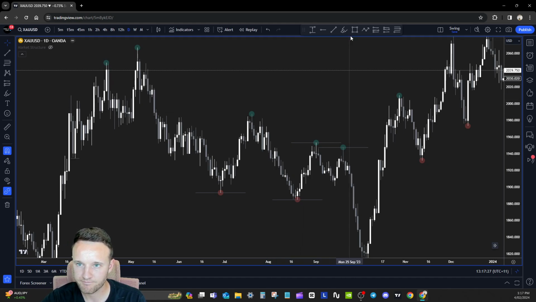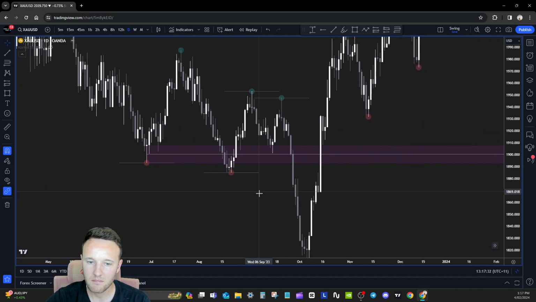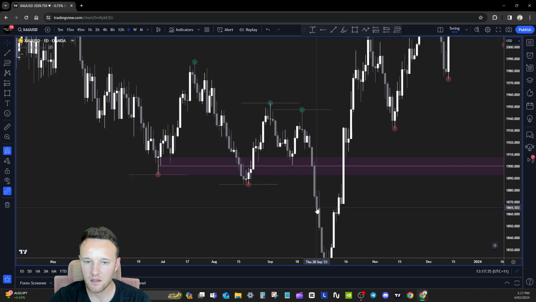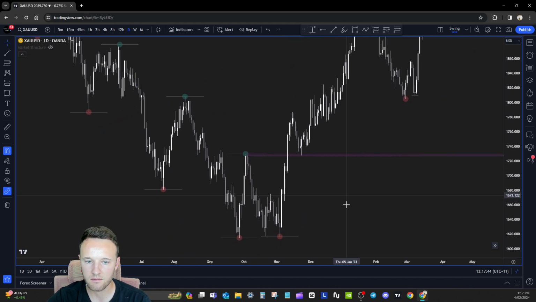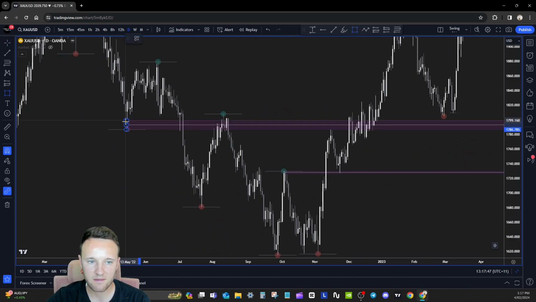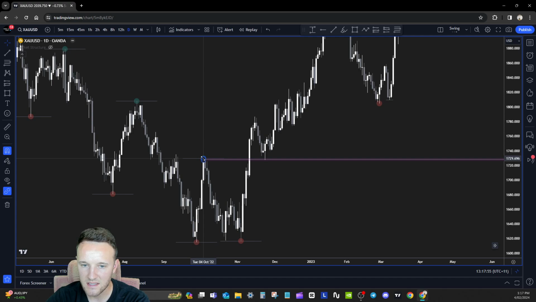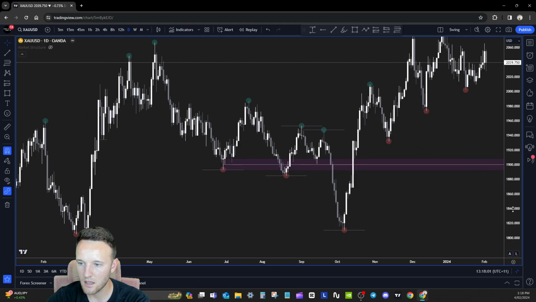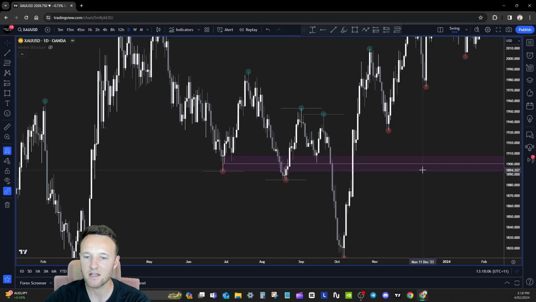Then price comes down and breaks this high low point, okay? And you don't get a break and retest. This is not much of a break and retest here. It just closes below, then closes back in. What you want to see for a break and retest is what we saw over here, right? So here we have a break and retest of this level, okay? You see it cleanly breaks it, comes for the retest, right? Very nice break and retest. Here we can see cleanly breaks it all the way up and then comes down for the retest. In this scenario, right, it just barely closes below and then boom, closes back in and pushes back up. So we wouldn't get an entry there,